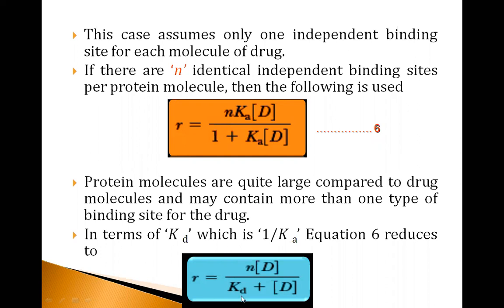So I have both the equations in my hand. One is the equation with respect to the Ka value, and another one is the equation with respect to the Kd value. It's just the simplification with respect to Kd and K. Ultimately, this equation is the final equation. Either I can use this or I can use this.